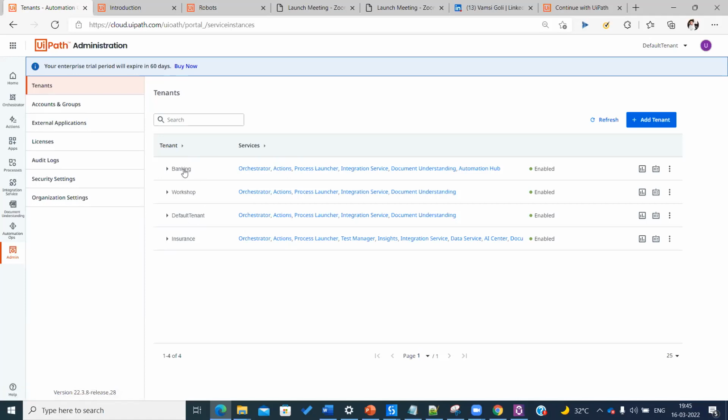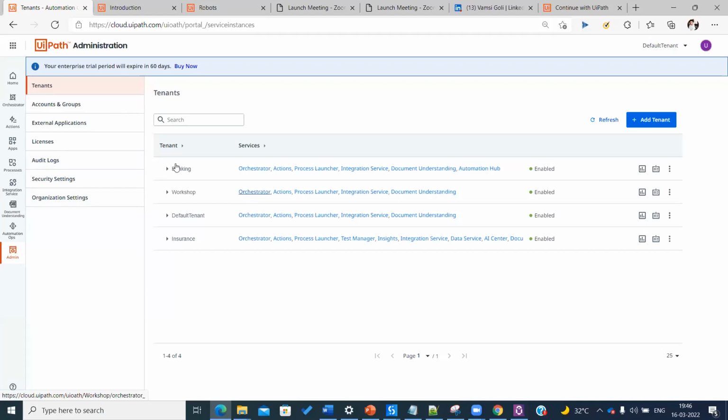Okay, so have you seen, this is banking, this is workshop, what we created now, there are different things here. And before I go to orchestrator, this is called Automation Cloud, where if you want to learn advanced topics, because in this session I'm not going to cover what is Document Understanding, AI Fabric and all the things. But after you go to the next level, you can also explore the options, whatever you are finding in Automation Cloud as well. Now I'll go to orchestrator by just clicking on this orchestrator.